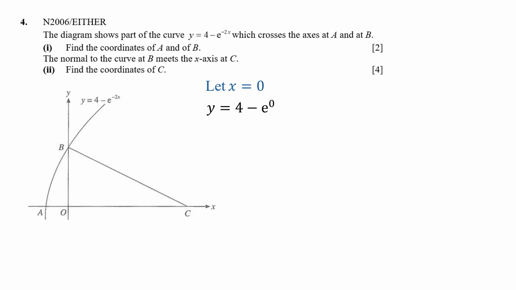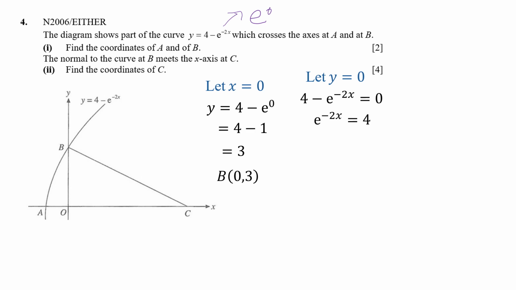So e to the power of negative 2x. If your x is 0, you end up with e to the power of 0, right? e to the power of 0 is 1. So you have y equals 3. So therefore, point B is easy to find: (0, 3). For point A, basically, you just need to let y equal to 0. So this one involves